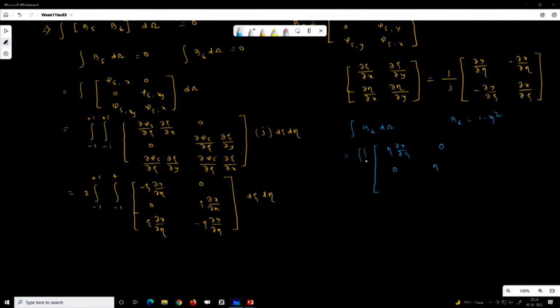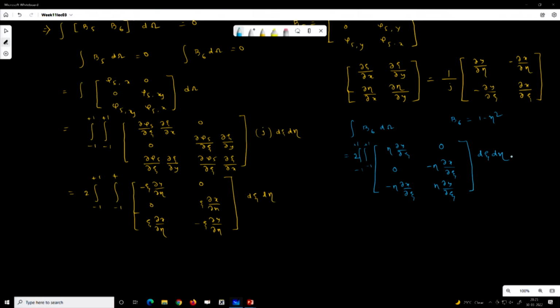So this is minus 1 to plus 1, minus 1 to plus 1, so this is 2, and then this is dx by d xi. So this is minus eta dx by d xi. So the same procedure I followed. So this is eta dy by d xi. Now this is d xi d eta. Right now